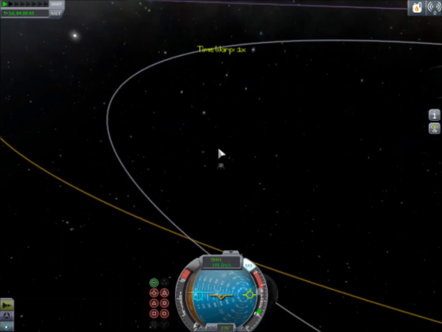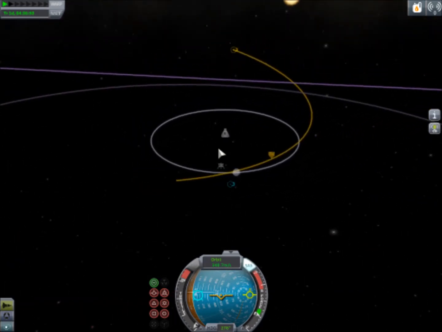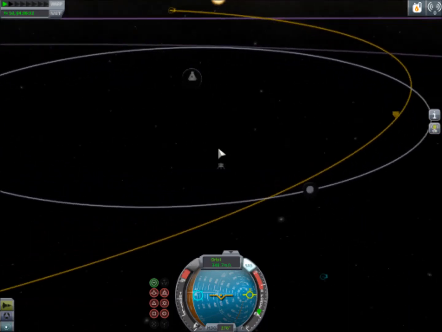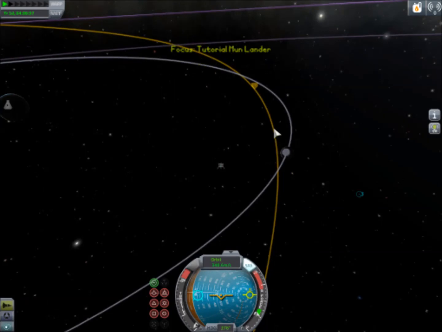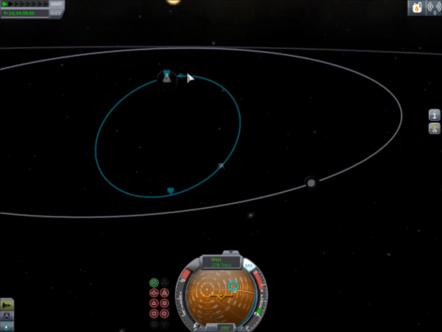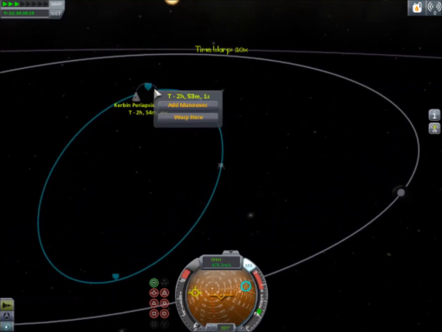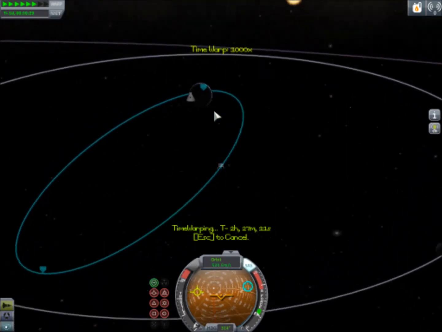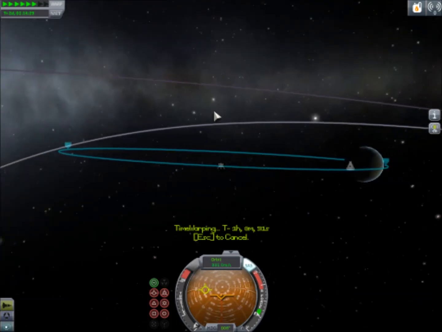Alright, so here is our... what the heck? So our maneuver node lied, apparently. Oh, nope, it did not. Okay. We're still good. It was just a weird little maneuver node thingy that I have no idea what happened. So, we will warp down to near our periapsis and just continue as though nothing was wrong, because it wasn't,